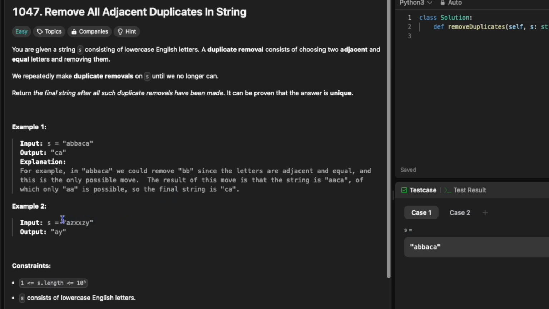Okay, understood. In input 2, the string is AZXXZY, and it ended up being AY for the same reason. You removed the XX first, and then you had the ZZ after. So